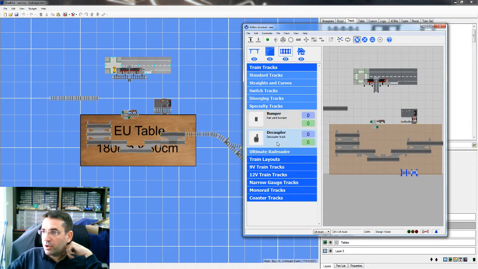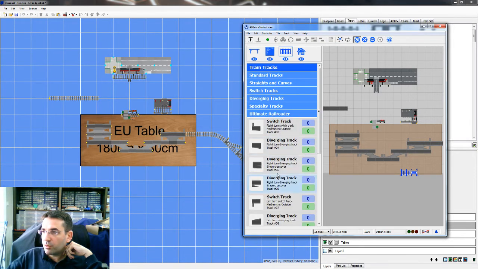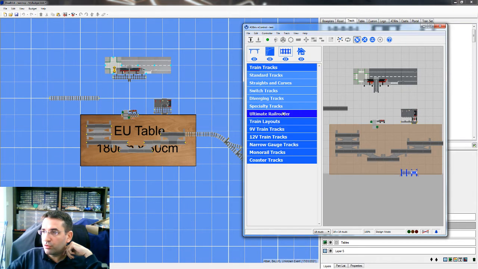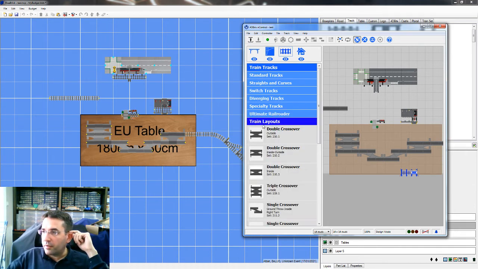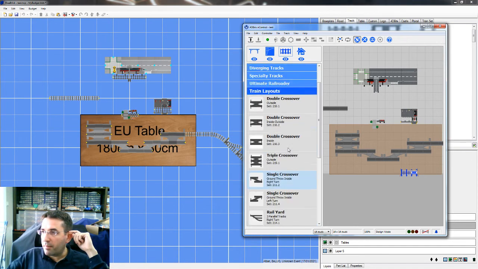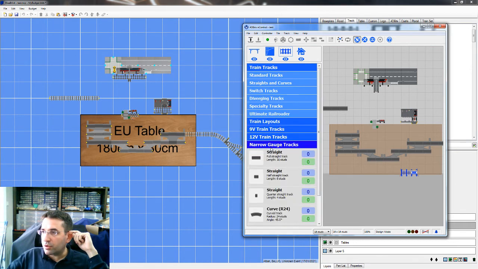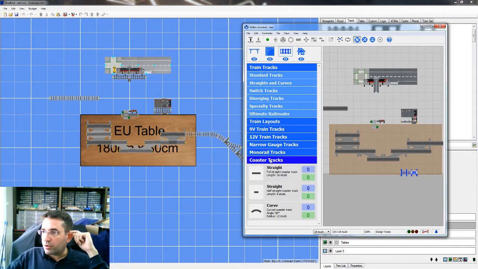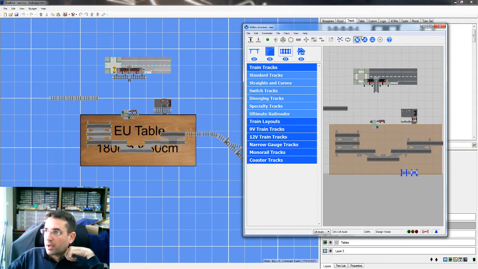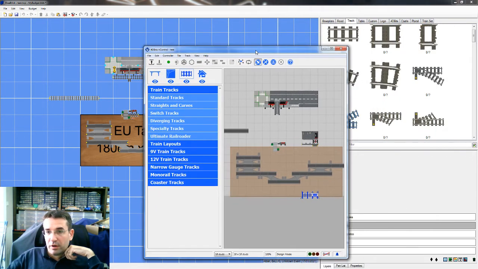This one we don't, and this one we don't. So that's the two categories that are not currently in BlueBrick. This one we should have, and this one also, this one also, this one also, the monorail also, the coaster also,